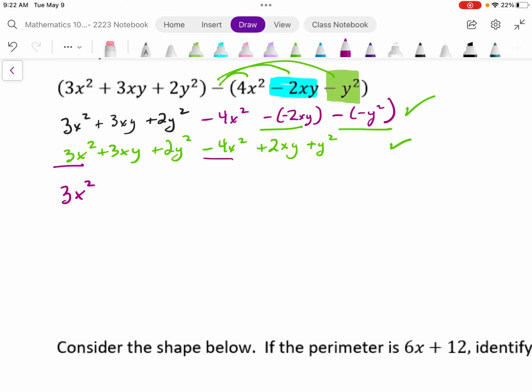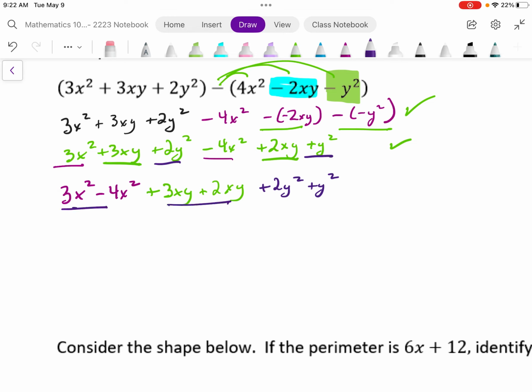So if I take a look, I'm going to group everything with an x squared together. Next thing I'm going to do is I'm going to group everything with an xy together. Next thing I'm going to do is I'm going to group everything with a y squared together. And there we have it. Now I have 3 easier